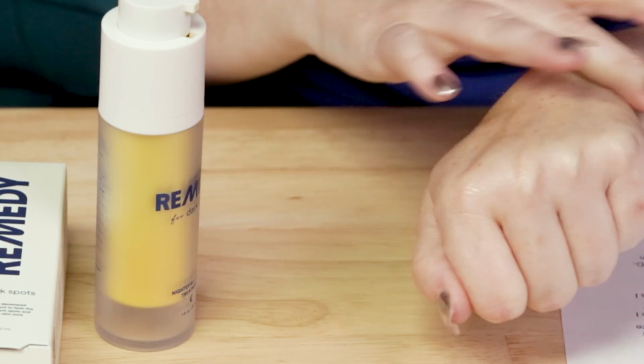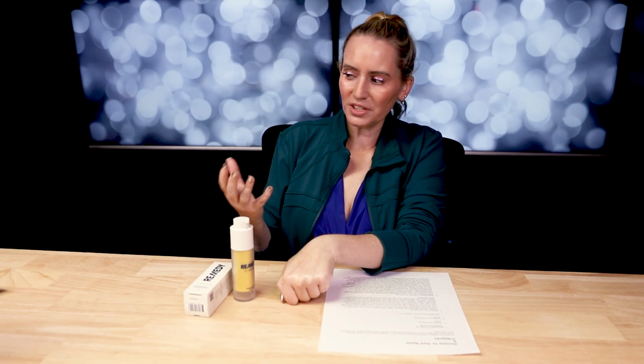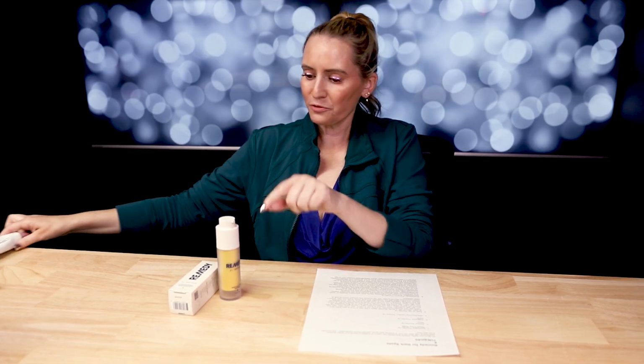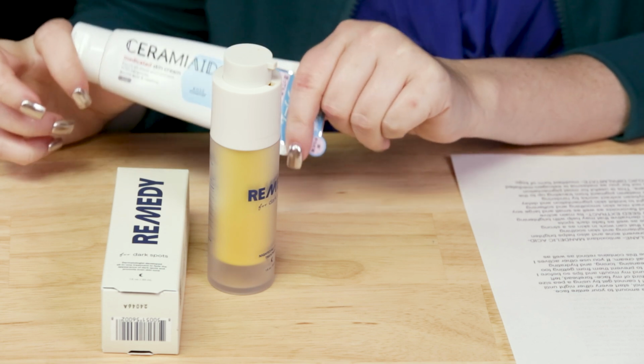Not quite there yet, but it's getting there. So I think it's best used in your evening routine. And the other thing I do is I tend to get very sensitive around my mouth. The corners of my mouth get very dry. So before I apply this, I apply this Cozy Ceramide ointment, or just Vaseline around those areas just to prevent